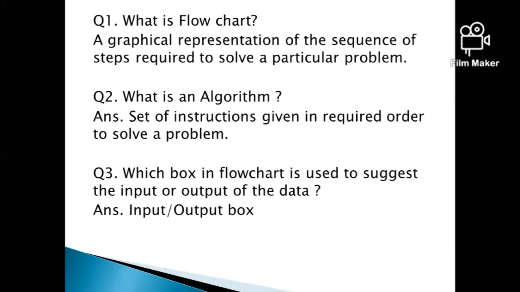So if you give the input in the flowchart, you have to use input box, and when we get the output, the box is same as the input. It means when we use input or output box, we have to use a particular box. The name of the box is parallelogram.